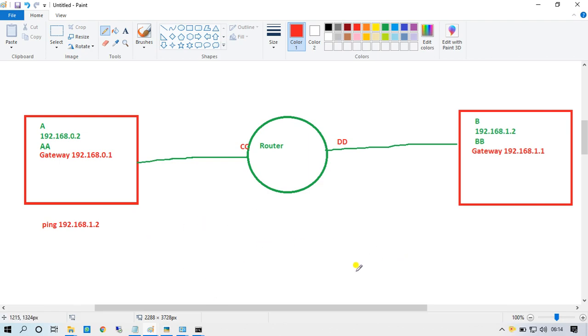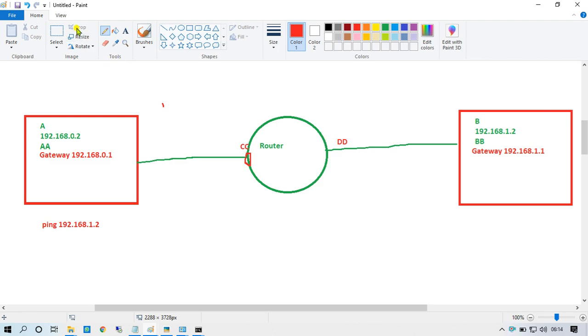Okay, now leave it. Now what is happening between the two networks? Only two networks are connected with our router. The first is the 0.0 subnet, and the second is the 0.1.0 subnet. So what will happen? First the PC will generate an ARP request for the gateway. Now what is the gateway IP address here?